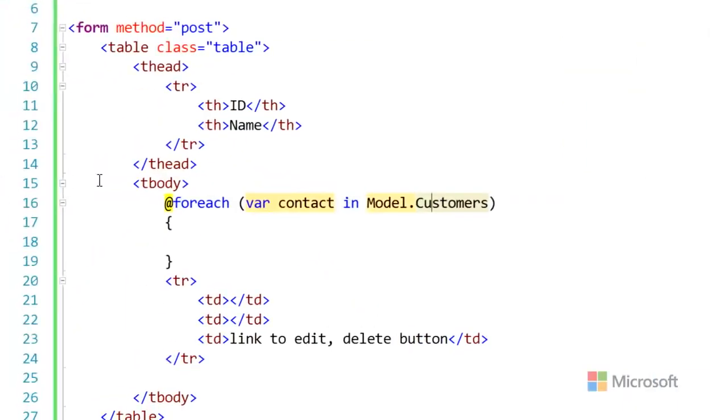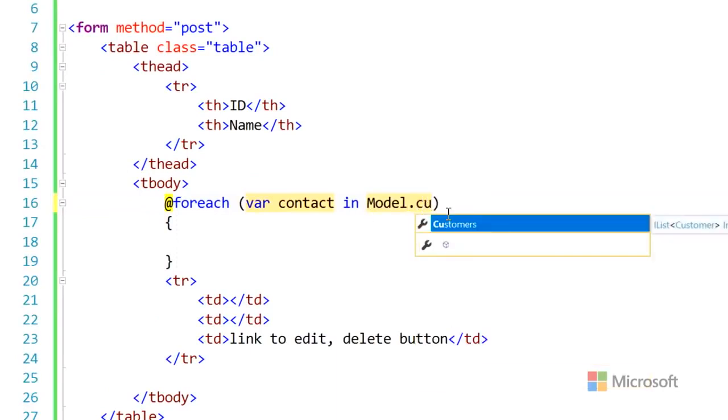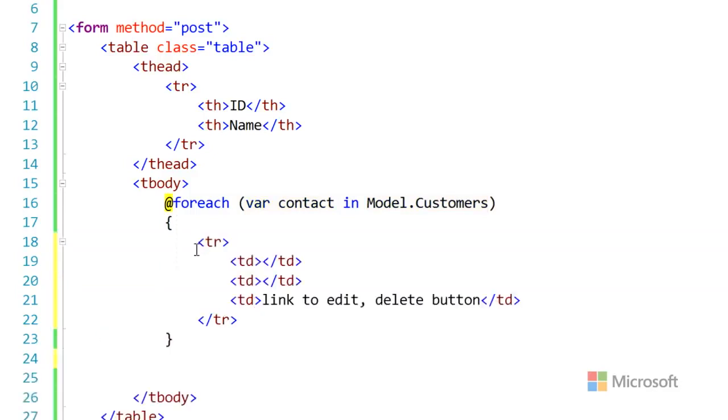And now that model, the page behind us, has customers. Look, customer shows up, see? Which is nice. So then I think I can put my TR in here. And I'm hoping, remember it says, oh, I said contact. I should say customer. Customer singular. For each customer, that means that the customer